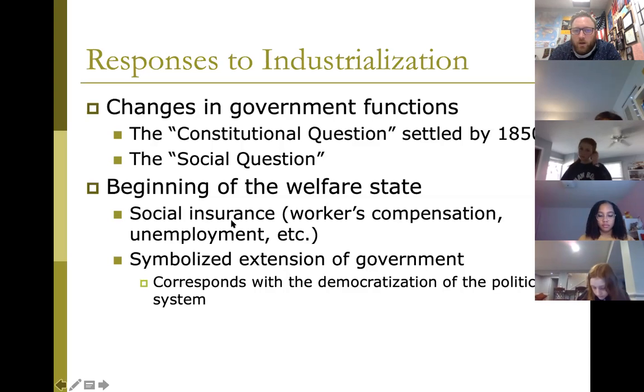All right. So things that then had to be kind of dealt with. The constitutional question, I put it in quotes because you guys know what constitutions do is they're there to protect the rights of people and limit the power of the government over the people. So it took a while longer in certain places, but by 1848, after those revolutions,